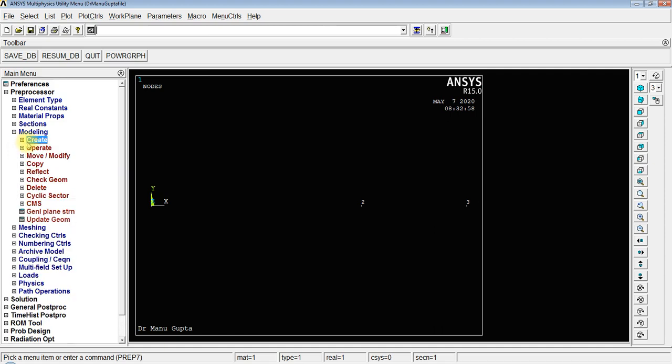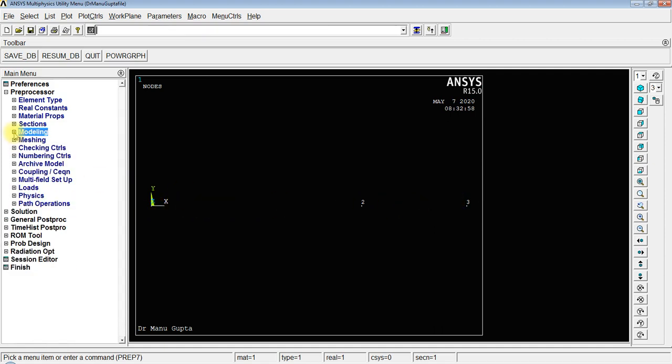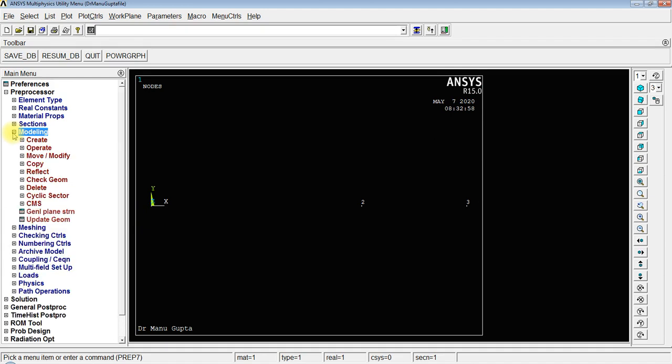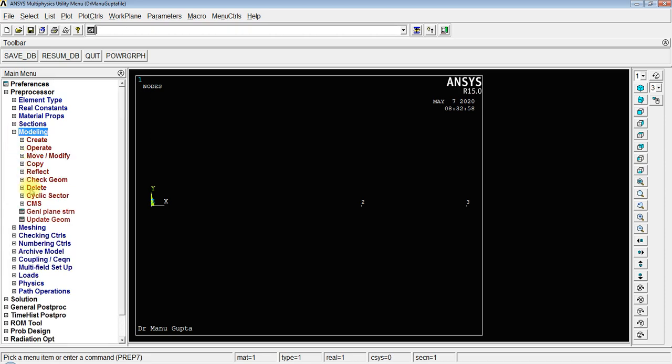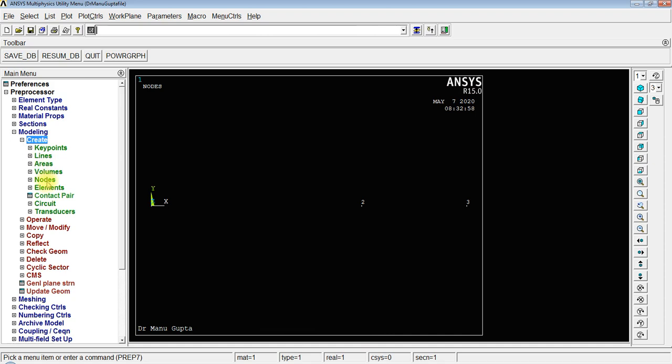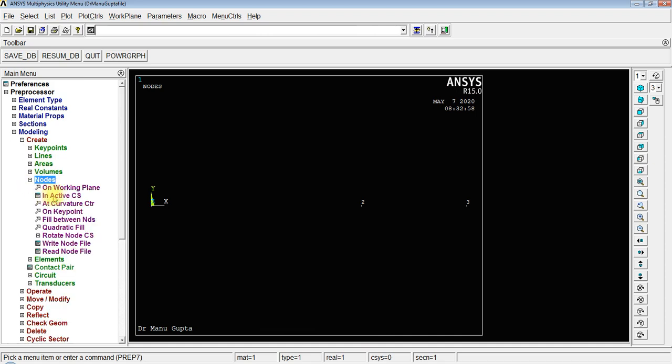Now we will create element for these nodes. But this is to remember that we will have to apply first attribute for it. Modeling, create nodes.